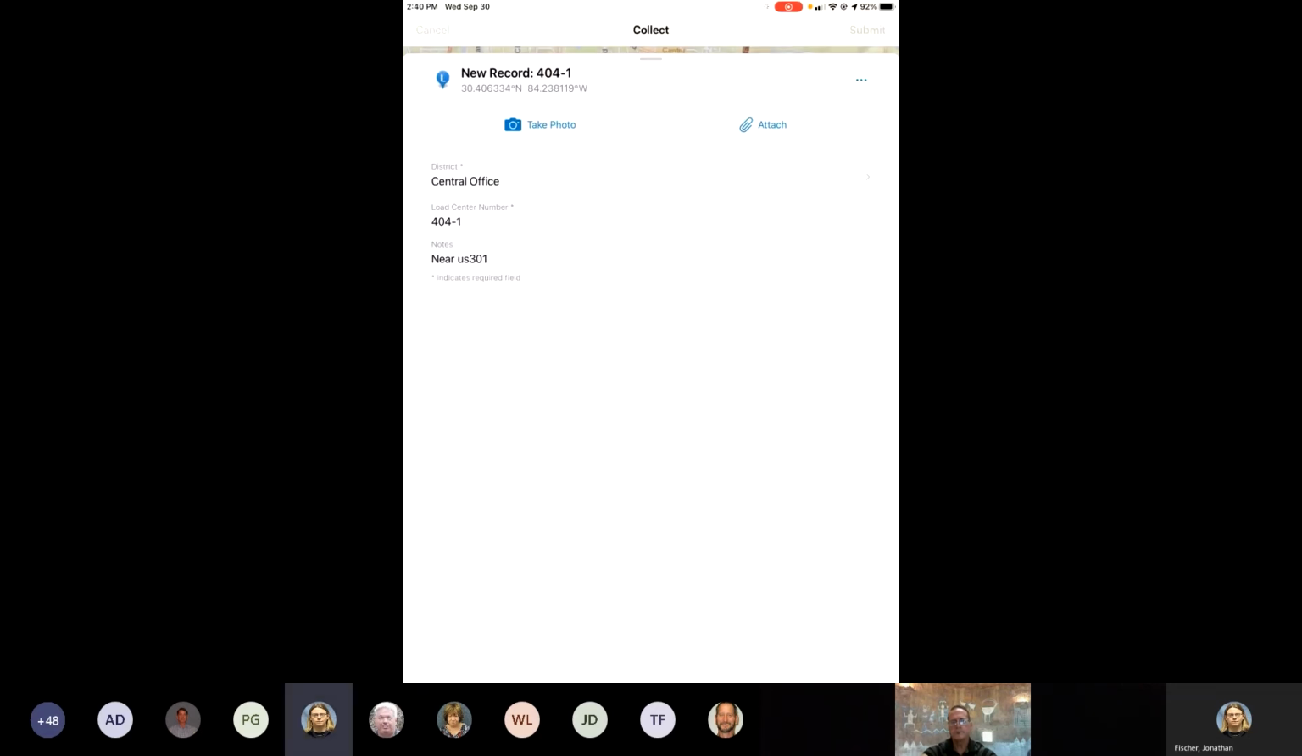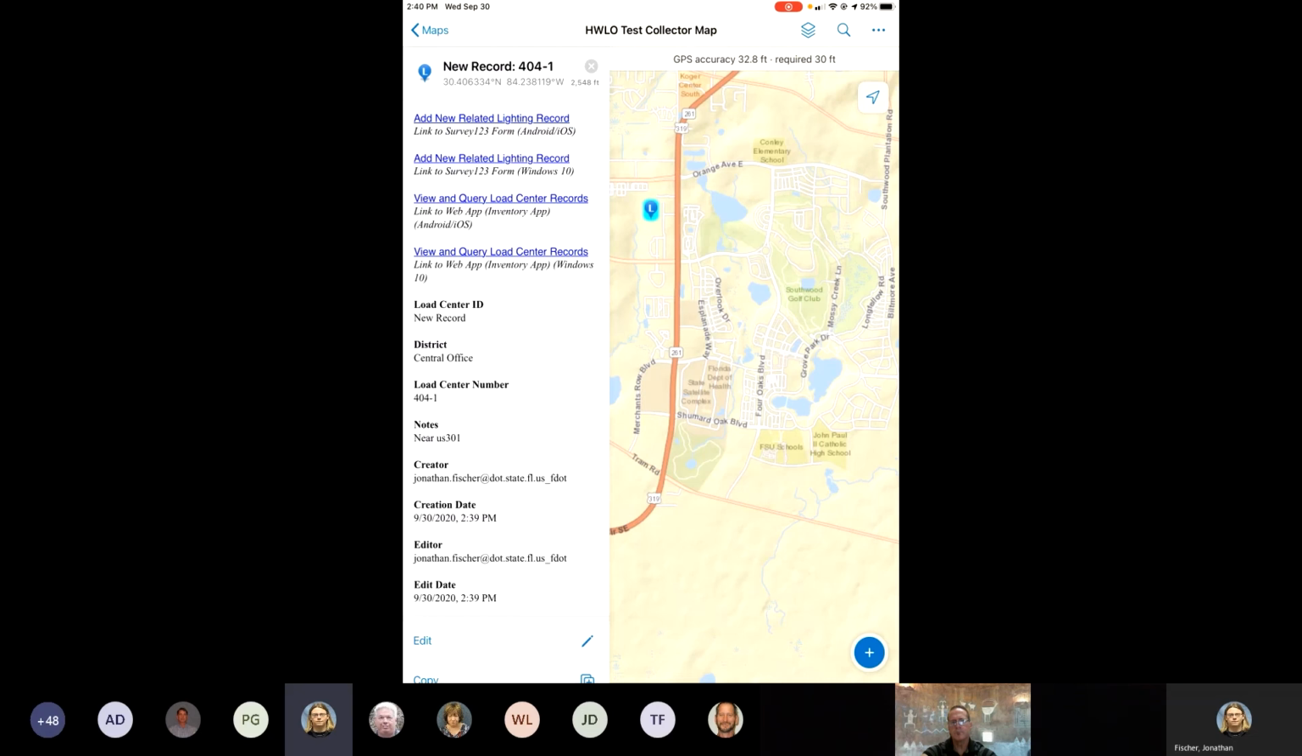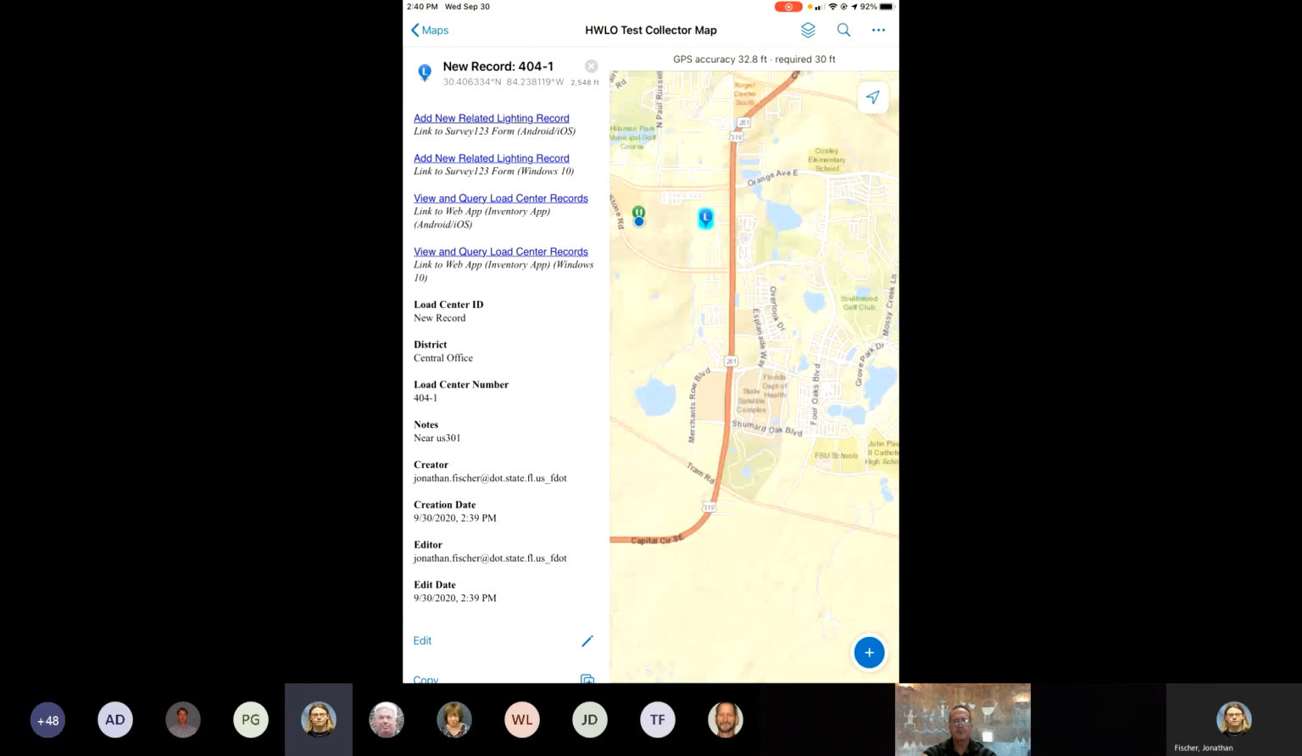We'll hit the submit button and it will refresh the map with the location of that point right there. You will now see the information about that load center point pop up. You can see the number, who edited it, and you'll also get links at the top for adding a new related lighting record. And so if you are doing load centers, you don't need to open Survey 123 first. You can come right to Collector or Explorer, and I'll show Explorer in a bit, but it'll look just like this. To add a new related lighting record,